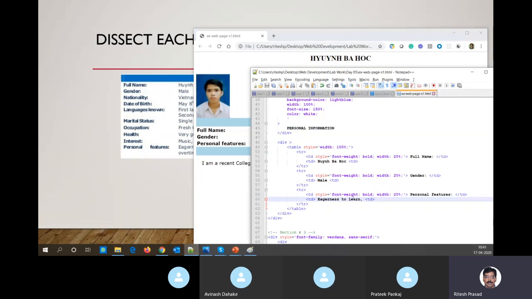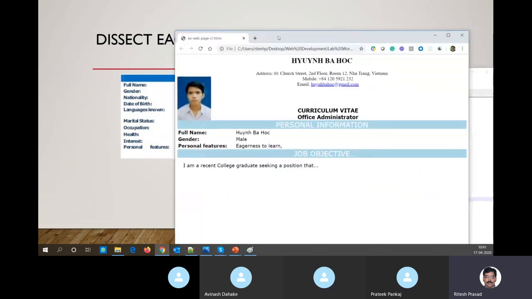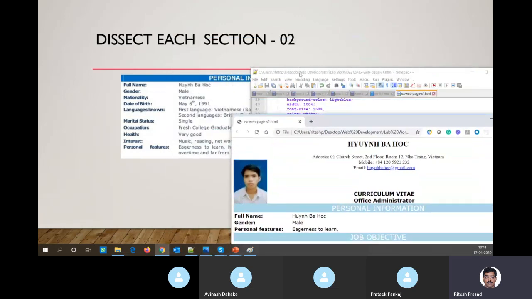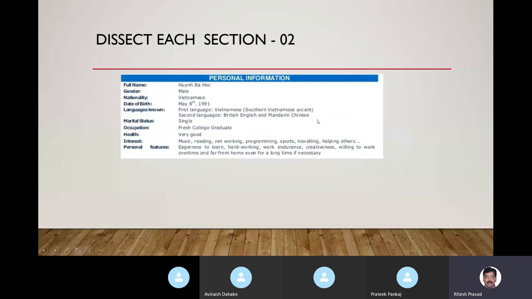No issues, right? And I can have larger content too. For example, the personal features itself, it has so much of text to put. So I can put that much, and then we will realize that it is already rolling down or wrapping up into multiple lines in the second